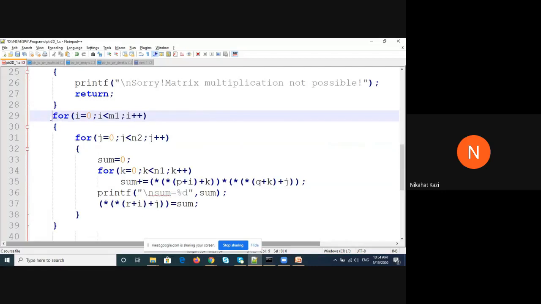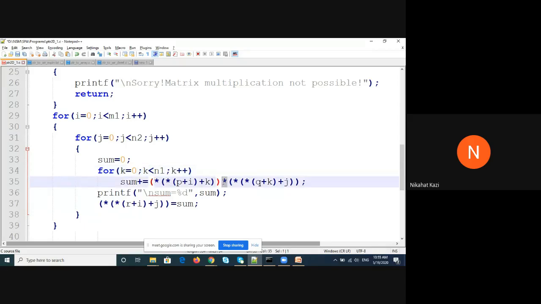And then here is your usual logic, 3 loops, I, J, K, and we take a sum. Now this is what you should remember. Just replace that P of IK expression with the pointer notation. Star of P plus I, plus K, will give me the address at IK, and the value at this address is what I need. So there will be a double star, star of star.